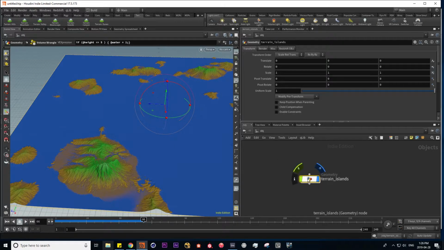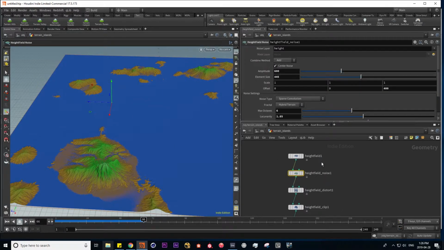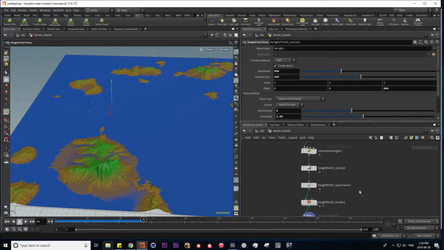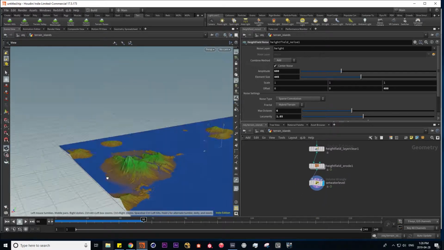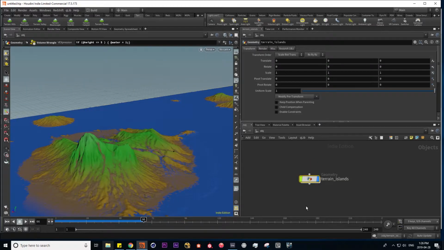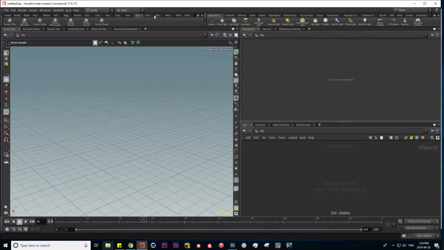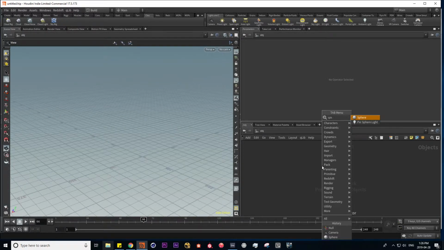So in here is a preset using Houdini's height field toolkit, and all of these nodes are making up this island setup. Let's move on to our cloud shelf, where we also have presets using Houdini's cloud tools. Let's lay down a simple cloud here. And we need an object to turn into a cloud. I'm going to put a sphere down,